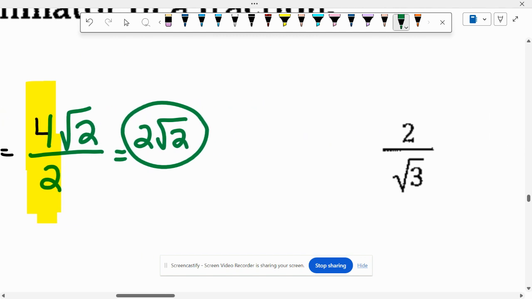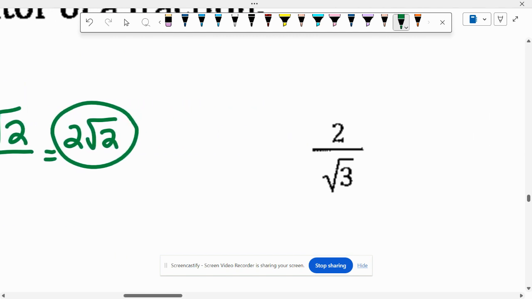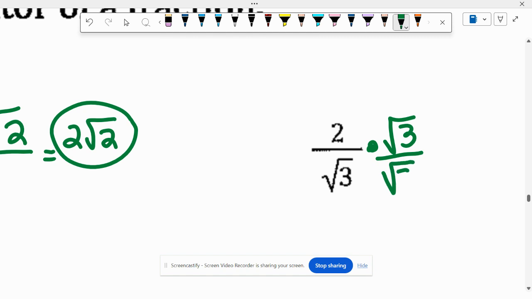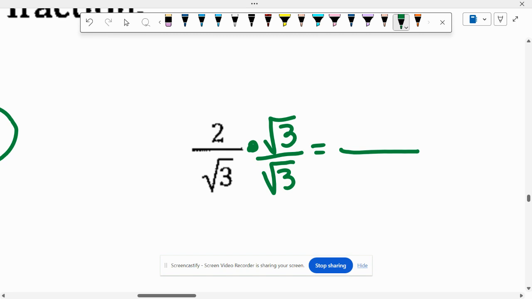Okay. Fancy. What am I multiplying by? Say it right. Over. Okay. So the numerator becomes what? 2 times the square root of 3. Perfect. The denominator becomes,